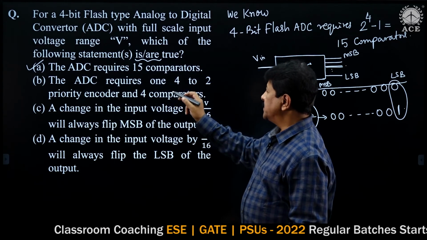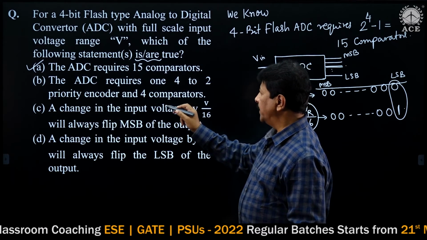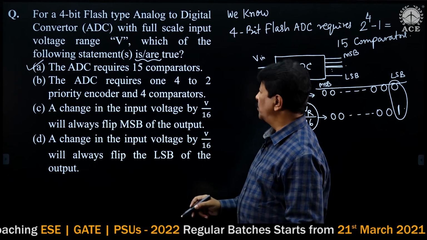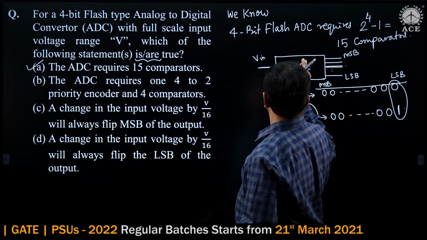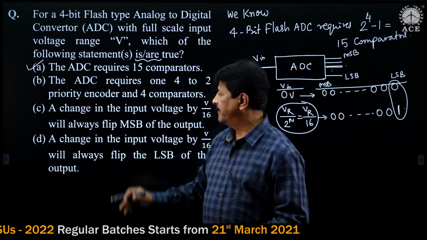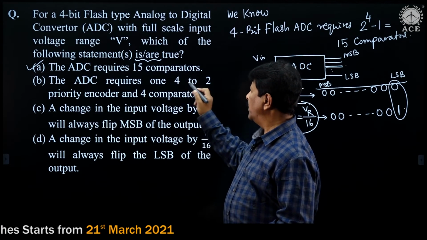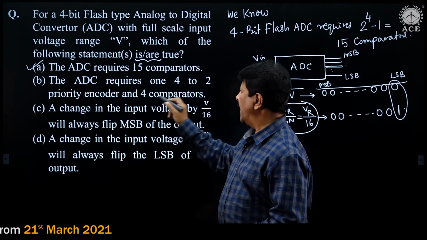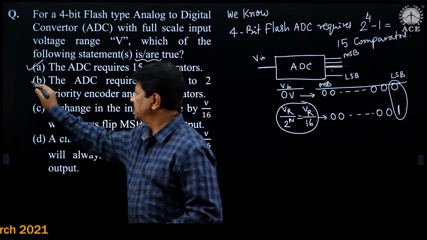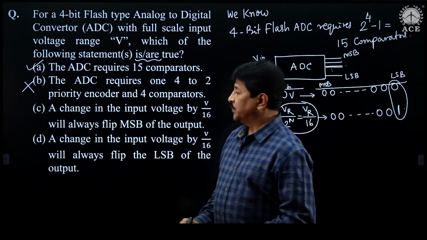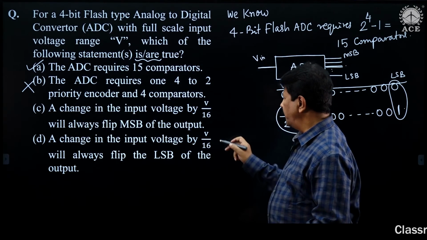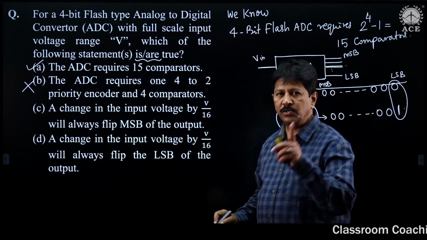Next one: the ADC requires one 4 to 2 priority encoder and 4 comparators. No, I told you, if I am using 15 comparators in total here, 4 comparators is incorrect. So this is incorrect. Next one: a change in the input of V by 16 will change only the LSB